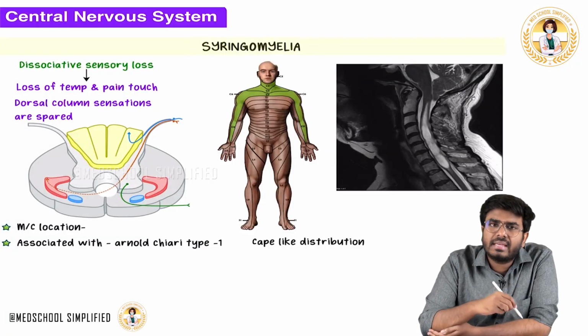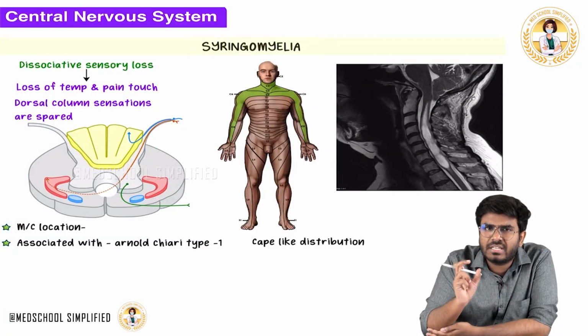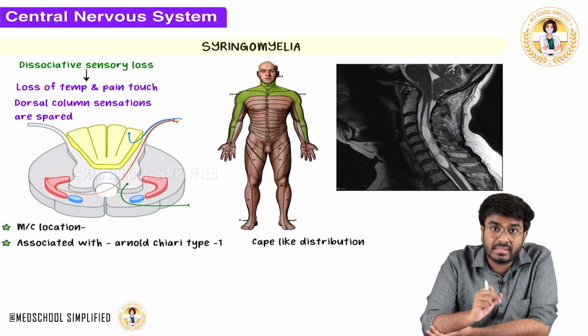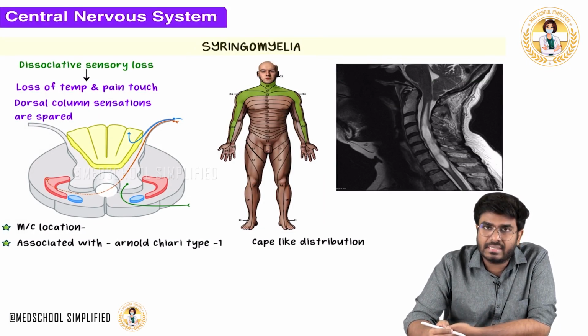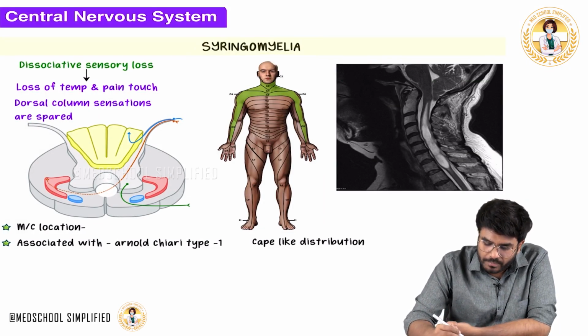And what exactly is the syrinx? Syrinx means a cavity, a cystic dilatation is happening. Okay, where? In the spinal cord. You can clearly see in this image on my top, in this MRI, this cystic dilatation or cystic cavity is present inside the spinal